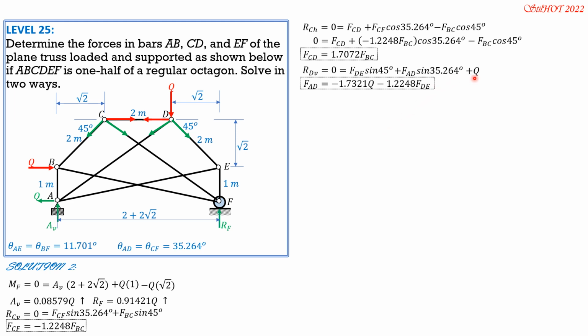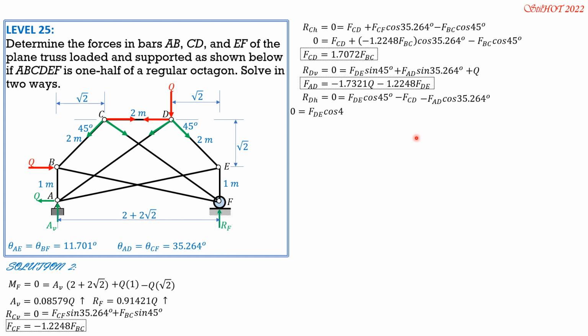Or negative Q over sine of 35.264, sorry. So negative 1.7321 of Q. Next, RD horizontal equals 0. So equals FDE cosine 45 minus FAD cosine FCD, then minus FAD cosine 35.264 degrees. So substitute the value of FCD, which is in terms of FBC, and FAD, which is equal to